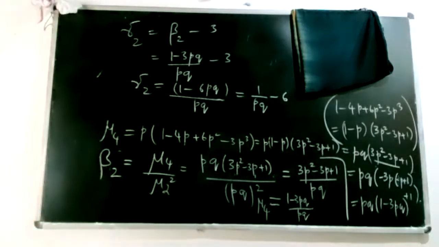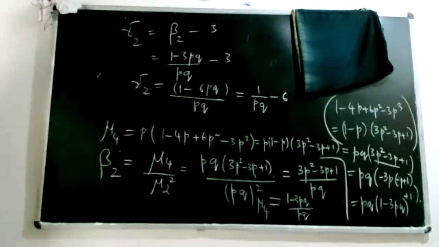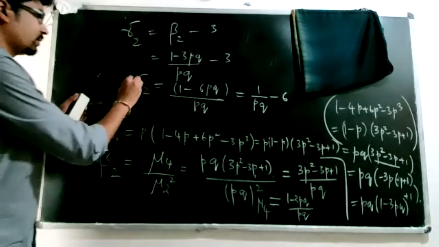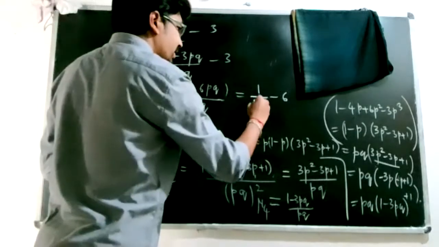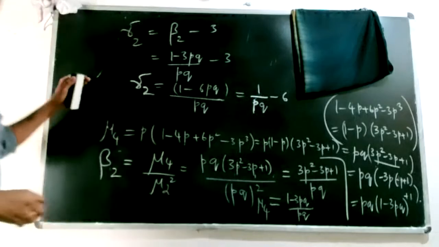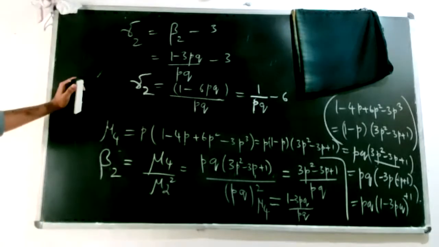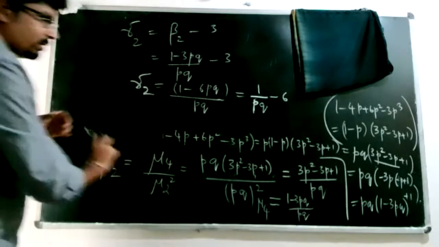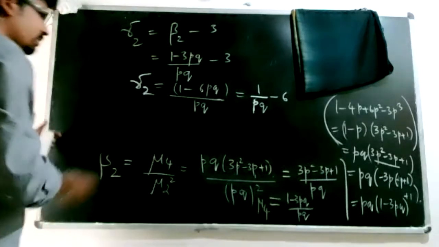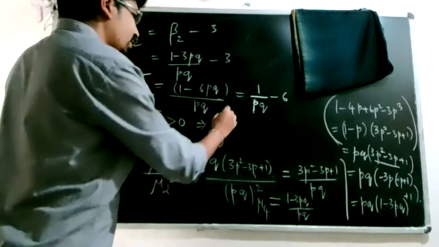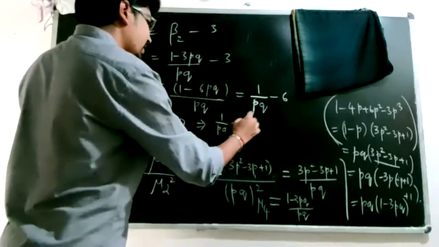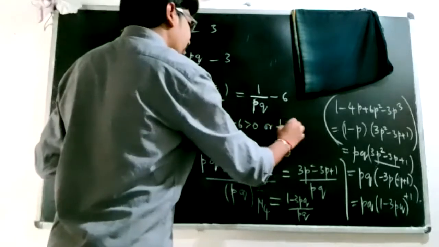Now coming to the interpretations of gamma 2. So you can say the kurtosis will be greater than 0 if your 1 by PQ is greater than 6. If it is less than 6 or more than 6, you will have respectively platykurtic and leptokurtic distributions. So gamma 2 greater than 0 implies 1 by PQ minus 6 greater than 0, or 1 by PQ